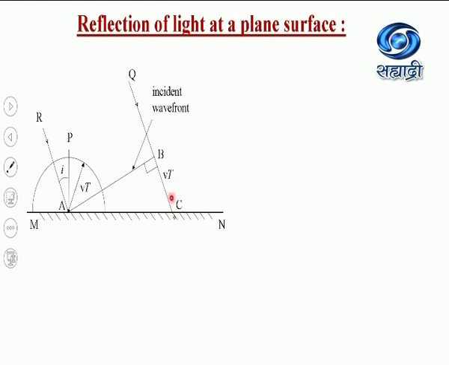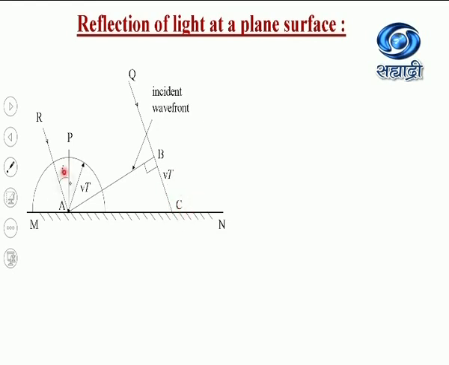After time t, the radius of the wavelet emitted by point C is 0. And all the other points between A and C will emit wavelets which have radii that gradually decrease from Vt to 0. So all these wavelets emitted by different points will have radii in decreasing order. And therefore, if we want to draw the reflected wavefront, we have to draw the reflected wavefront from point C,